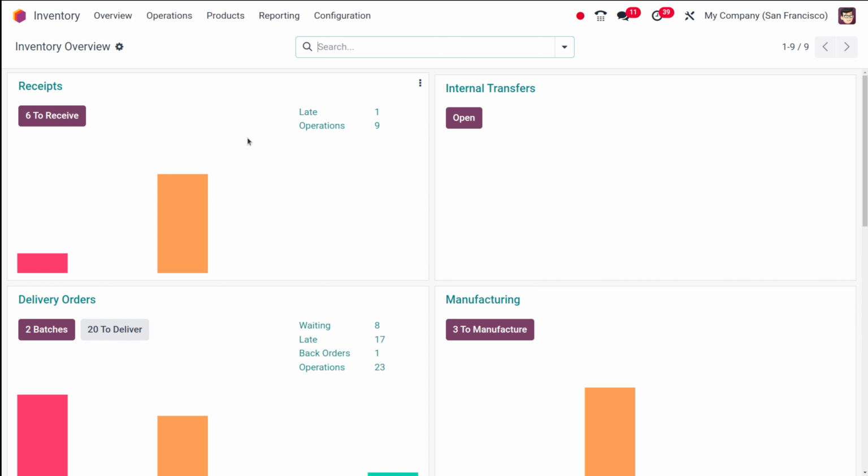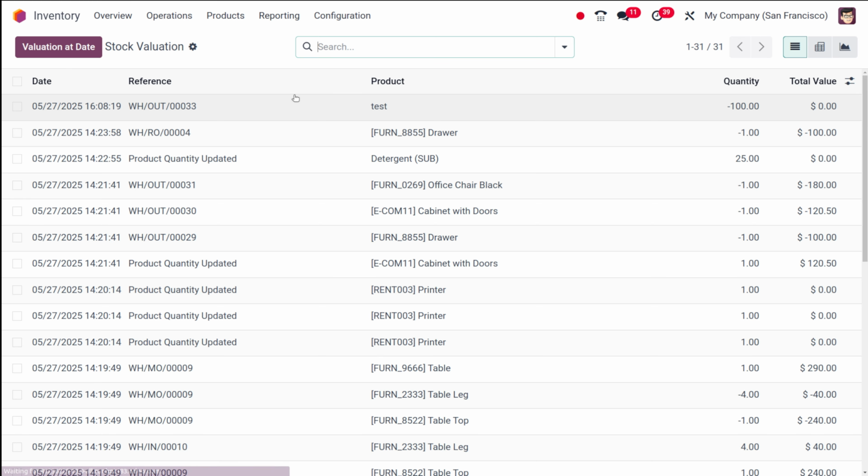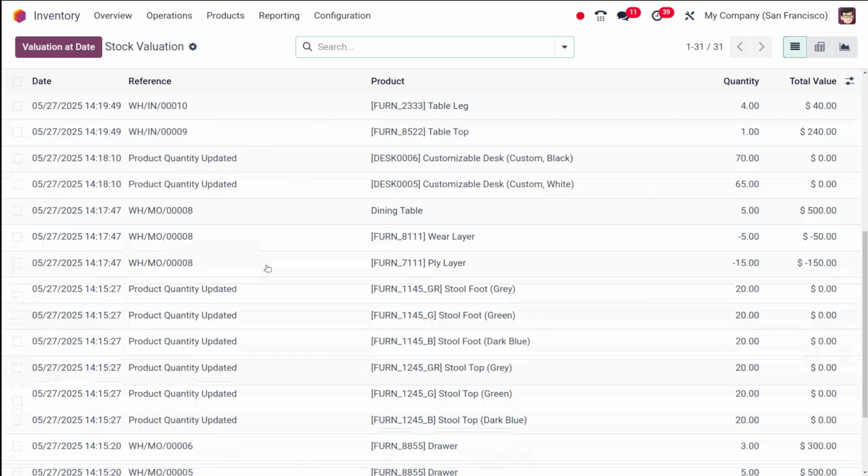So that's it. Are you guys ready to see your inventory's financial value? To access this, you have to go to the stock valuation dashboard. So where is this dashboard? For that, as I've done, you have to open the inventory module. Then you have to click on the reporting menu where you can see the valuation. So click on valuation. This will show you the stock valuation dashboard.